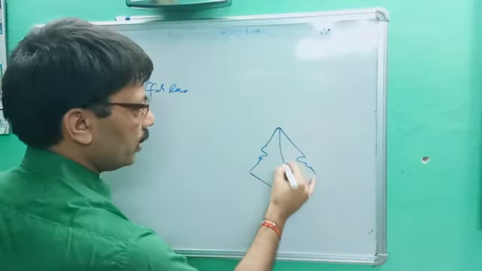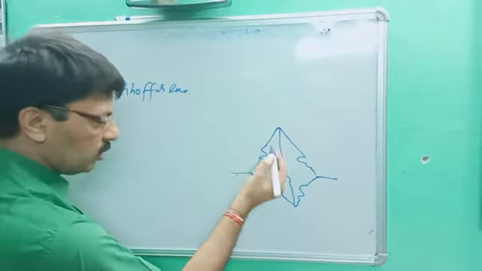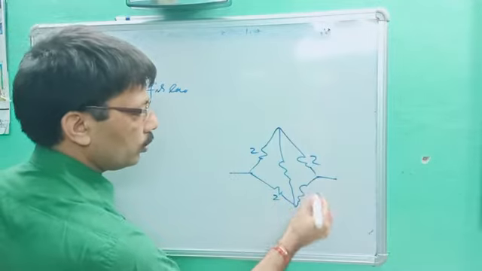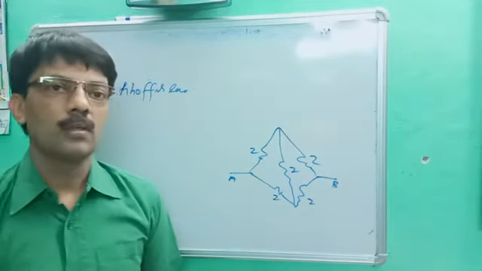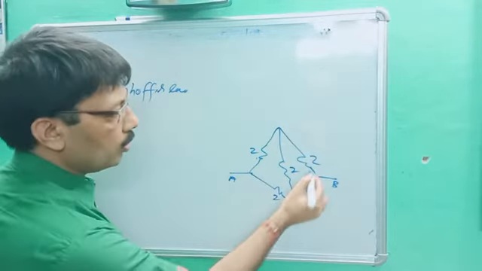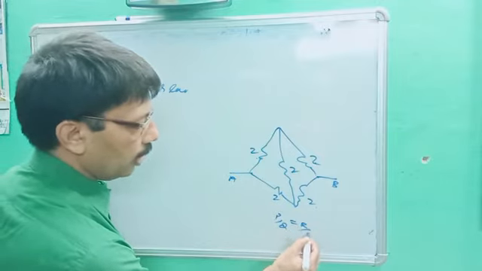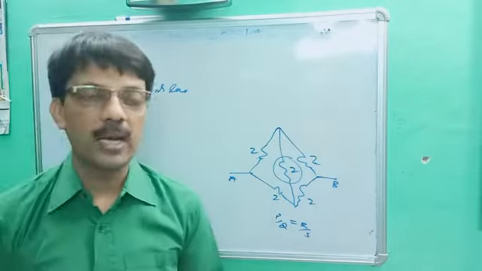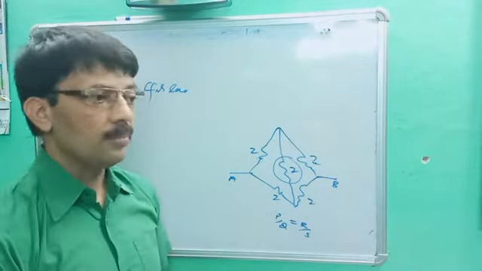This is a Wheatstone bridge. Okay, this resistance is given. Let's suppose the values are 2, 2, 2, 2, 2, and I ask you to find the resistance between A and B. The target is very easy. You better know P upon Q is equal to R upon S. If P upon Q is equal to R upon S, then no current is drawn through the middle one. This is the balance condition, and I will give the lecture on it next day.